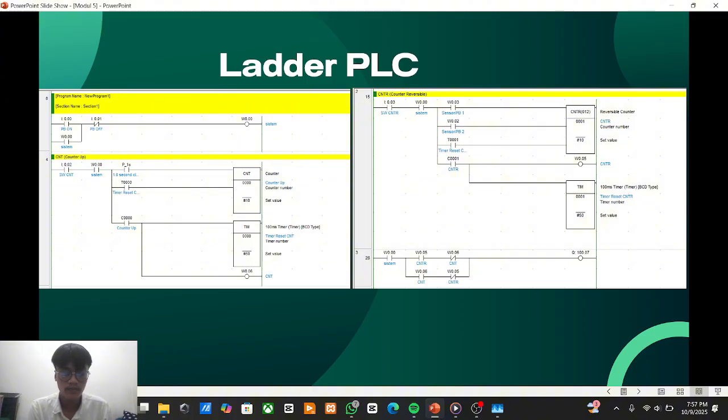When the current value TV becomes equal to or greater than the preset value PV, which is set as #10, then the counter output G0001 turns on. The final output V0.07 is activated when the counter condition is met.